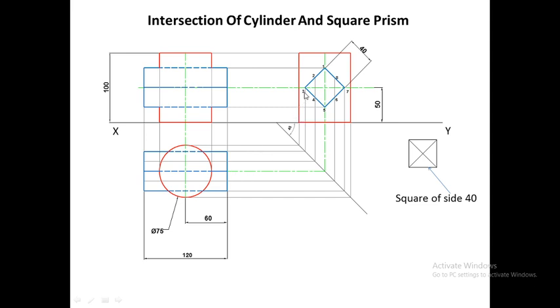Now you can see that this point number 3, this line intersects the cylinder at this point and this point. So these 2 points will be marked as point number 3. So we have marked point number 3. Now the next points to be marked are point number 2 and point number 4. So we have projected this line representing point number 2 and point number 4. So wherever this line intersects the cylinder, that is this point and this point, that will be marked as point number 2 and point number 4 respectively. So point number 2 and point number 4.